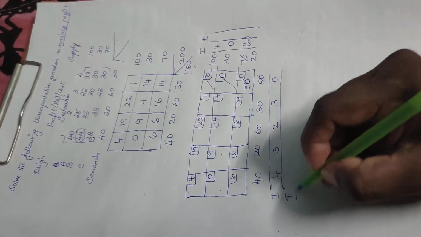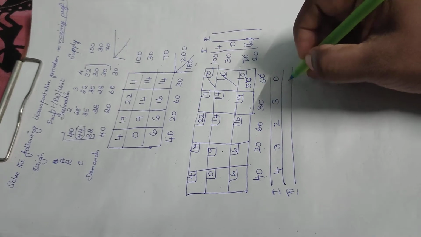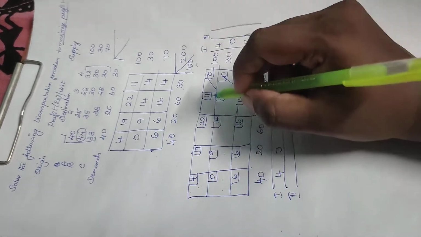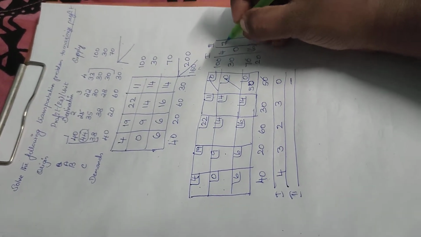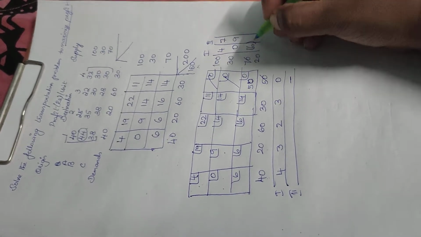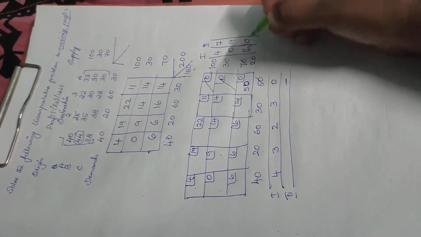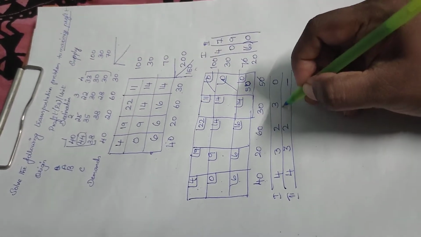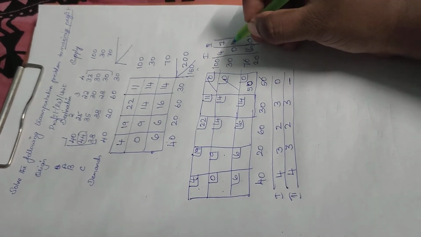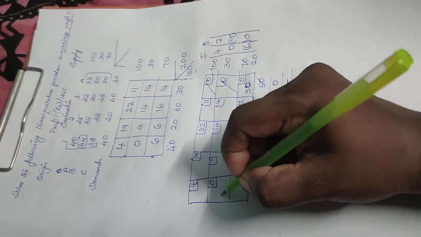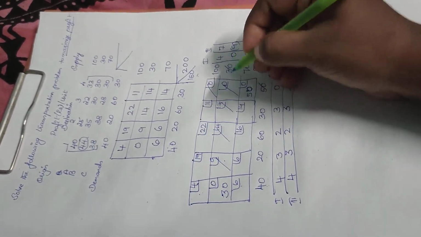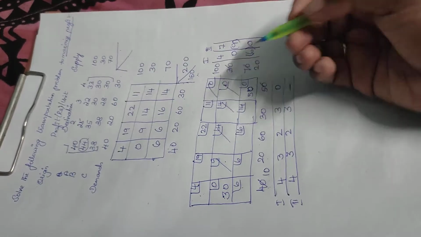Second penalty, this is done, so dash here. Now our lowest value changes, so this becomes 7, this becomes 9. Here 6 and 6 are lowest, so 0. Here you have the same penalty, no changes. The highest value is this. The lowest cost function is 0 and I am allocating 30. Done, and this is 10.